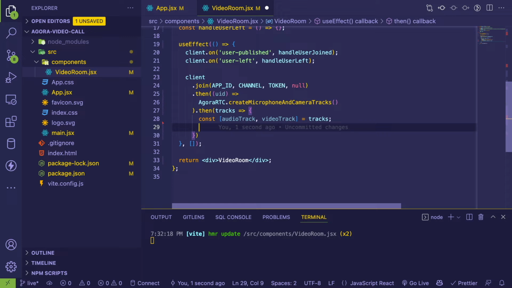And then what I'm going to do is I want to just say client.publish, and I'm going to publish both of those. So I can just say publish tracks here. Again, this will tell every other user on my webcam chat room basically what to subscribe to and how to